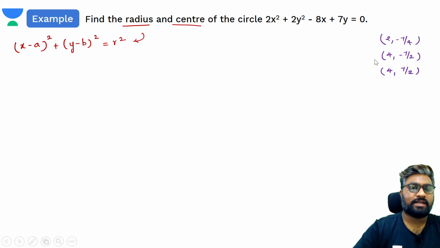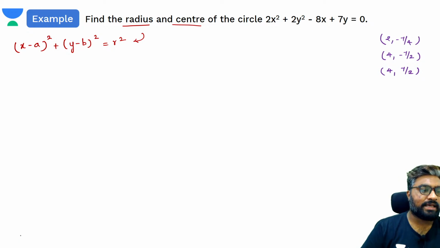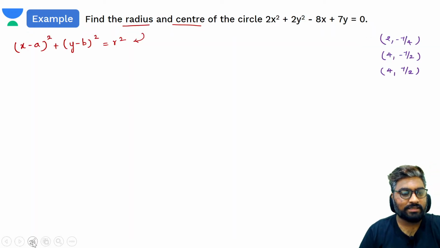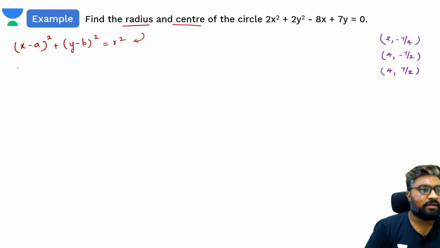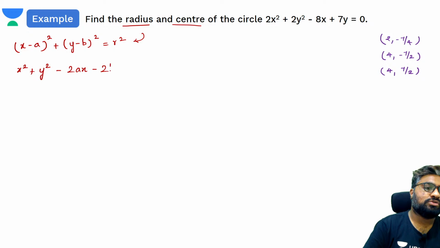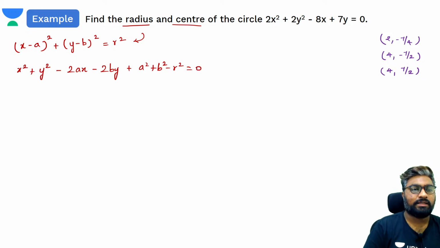ये सारे आंसर्स आगे फटाफट से ट्राई करते हैं। Okay, so first things first, we need to write this in this form. इसको पहले एक्सपैंड कर लेते हैं। Let's expand this first. What will we have? x², अच्छा तो एक काम करते हैं, will write it like this itself, x² + y² - 2ax - 2by + a² + b² - r² = 0, है ना। इसी फॉर्मेट में लिखते हैं, closer to